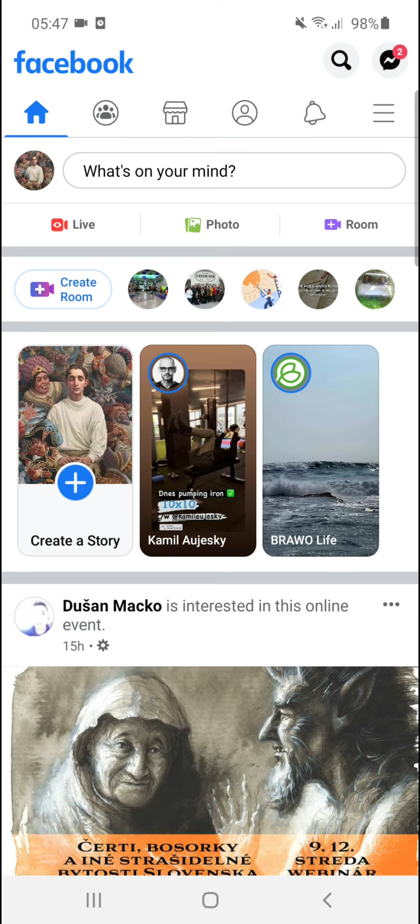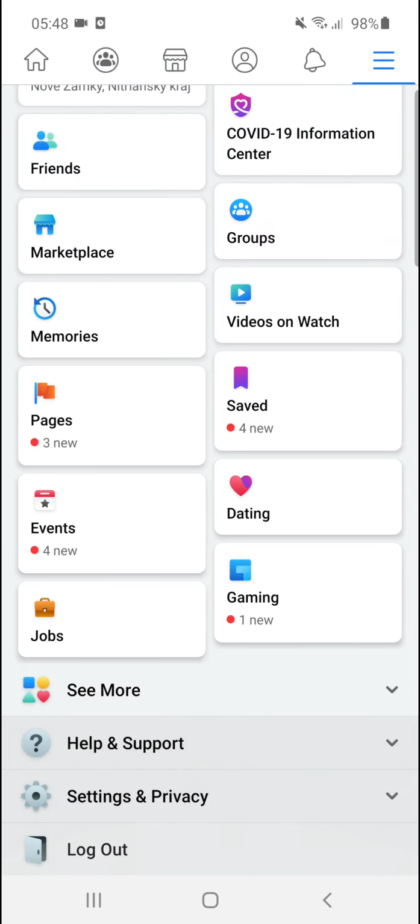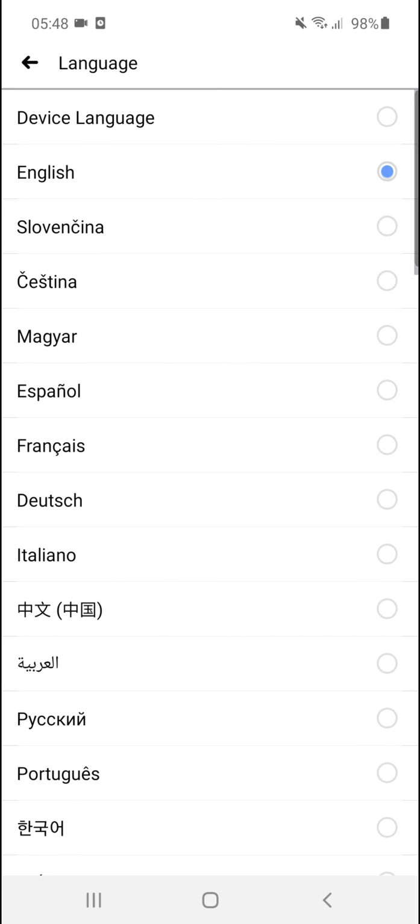The first thing you want to do is just be on Facebook and then go to the right top corner to the menu, and right here you're gonna see language in settings and privacy. So we're gonna scroll down below, click settings and privacy, and here click language. And here you have option to choose between Slovak, Czech, like whatever language you got, and that's pretty much it